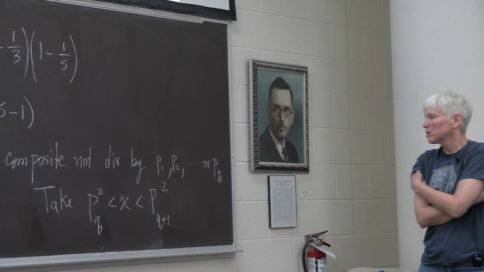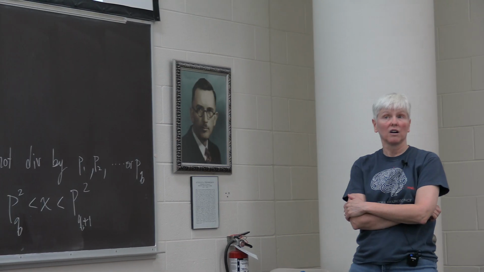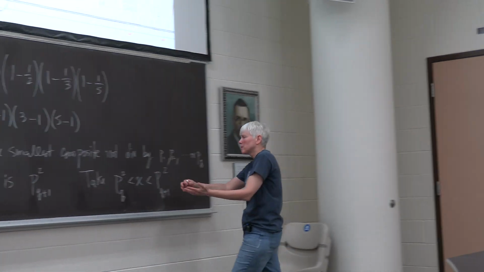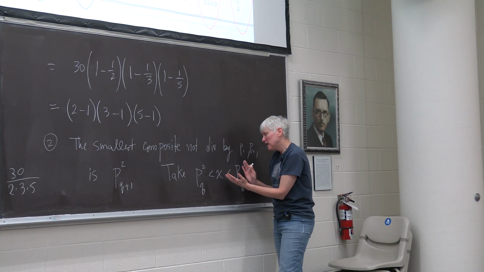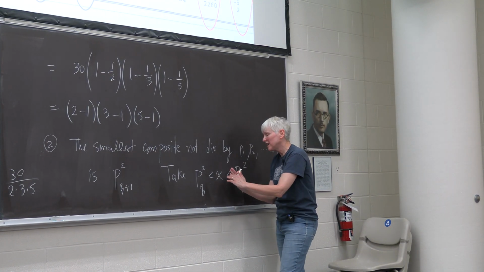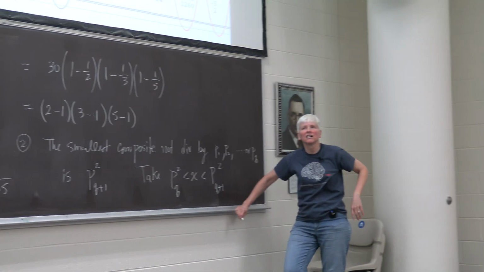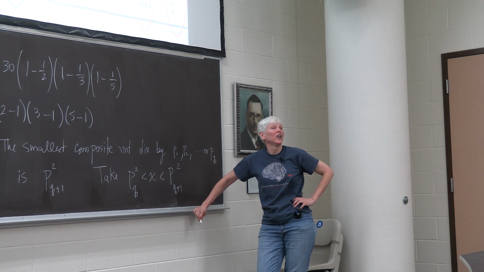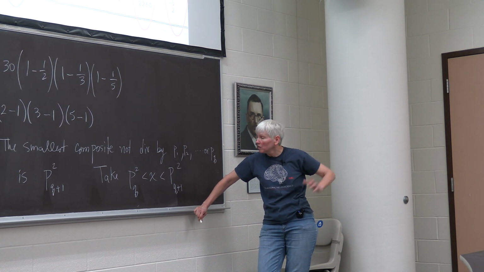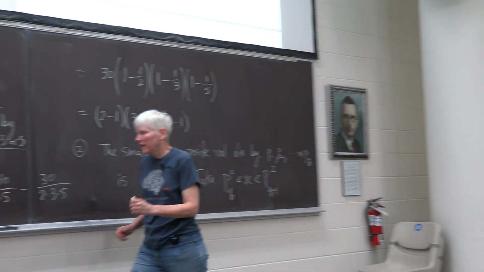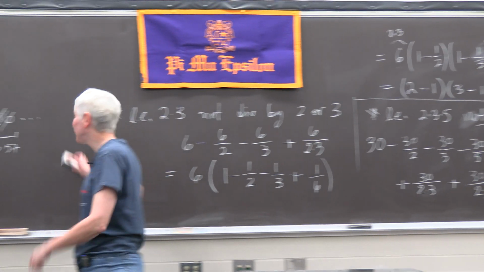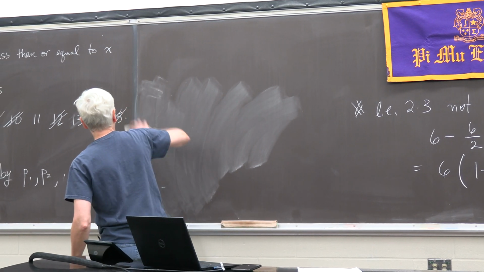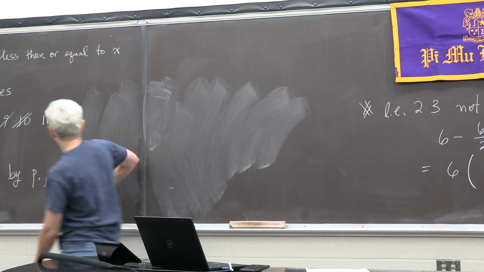I wanted to take x to be between those two squares of adjacent primes because this makes it big enough for my purposes, but it's small enough so that anything below x that's not divisible by the first q primes is going to be prime or 1. Cool. So I said to myself, let's draw a picture. There were actually many pictures, but